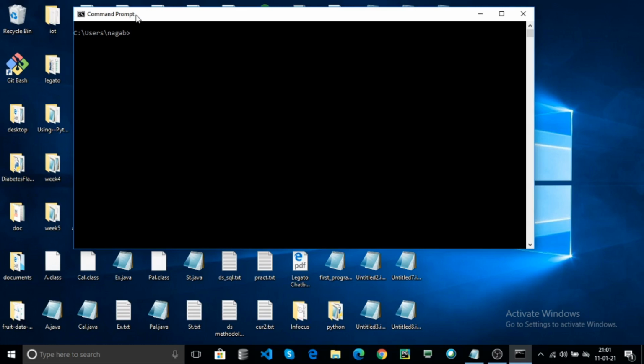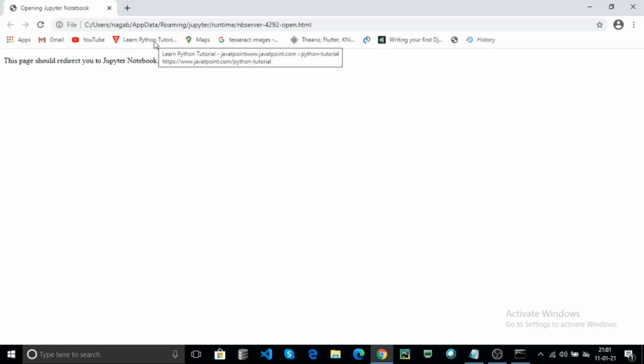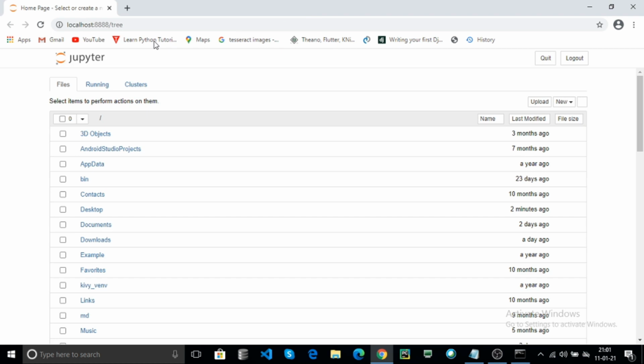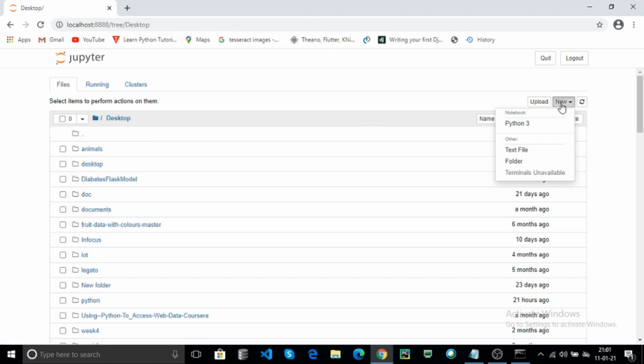Hi, welcome to module 3: introduction to the operators, conditional statements and iterative statements in Python. Now we are discussing all the concepts in the Jupyter notebook. Open the Jupyter notebook using your command prompt. Choose the path where you want to save the Jupyter notebook file. For example, desktop. Click on New, Python 3.